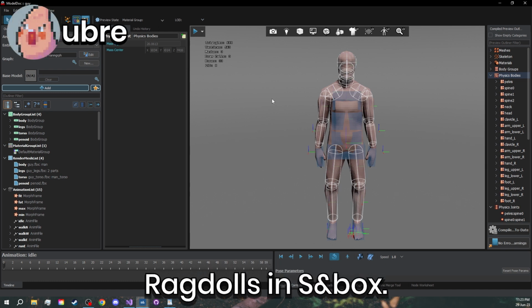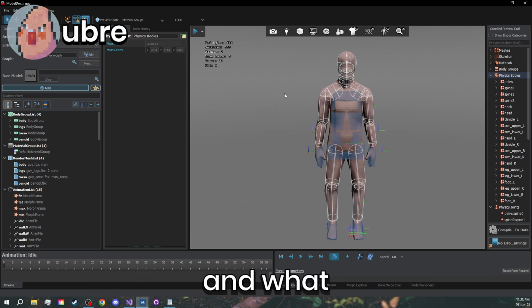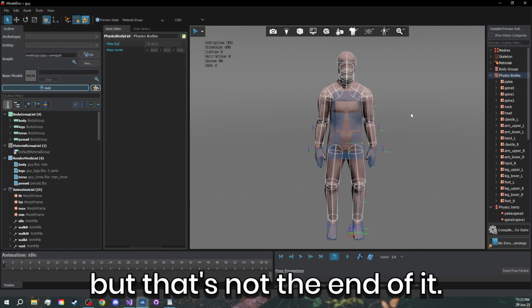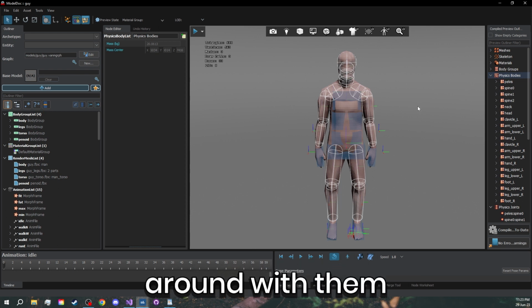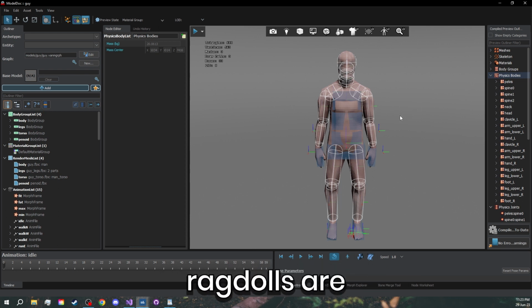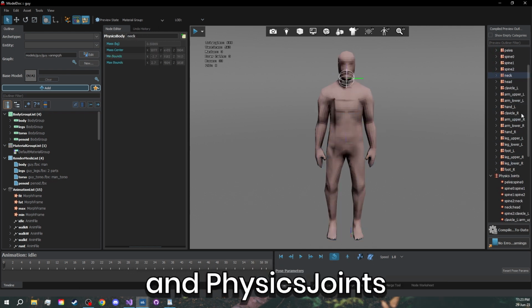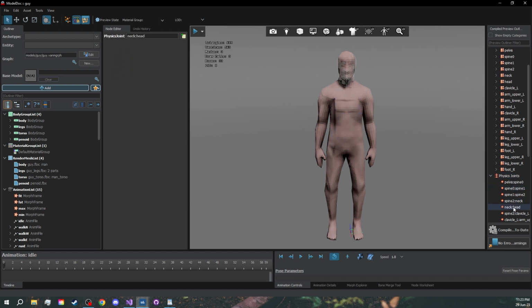Ragdolls in S&box. What does your code see and what can we learn from it? First off, you can set up a ragdoll through ModelDoc, but that's not the end of it. You can still mess around with them in your game. That's because ragdolls are just a physics group, which is a collection of physics bodies and physics joints, which connect